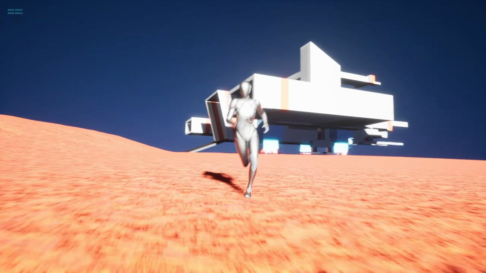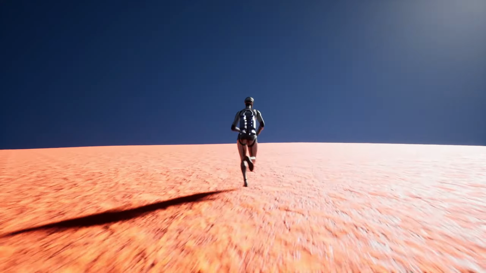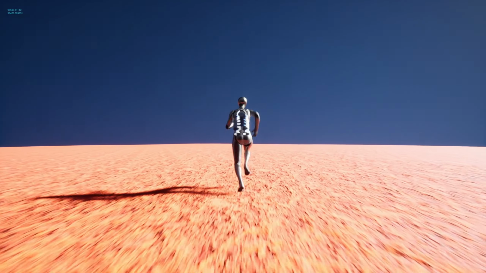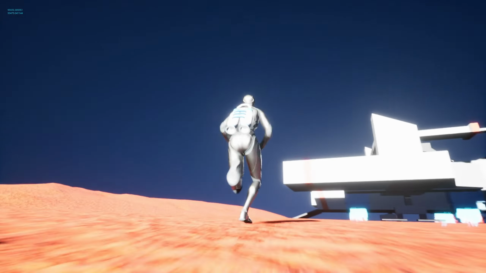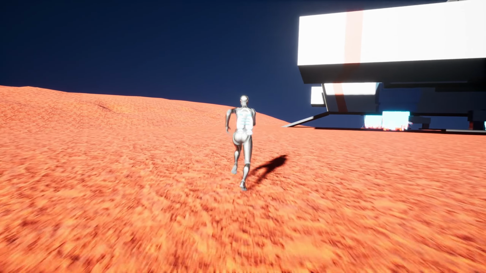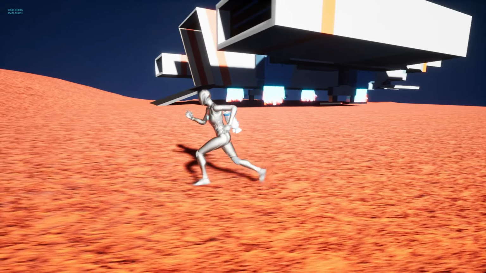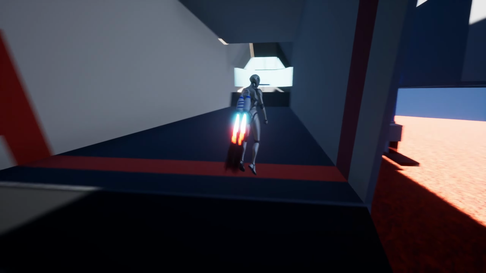It doesn't really feel like we are in a spherical world, even though we are, and we are also not on the top side. We can land on any side and still the gravity of the character and the ship's gravity will work without any issue. So now let me go back to the ship